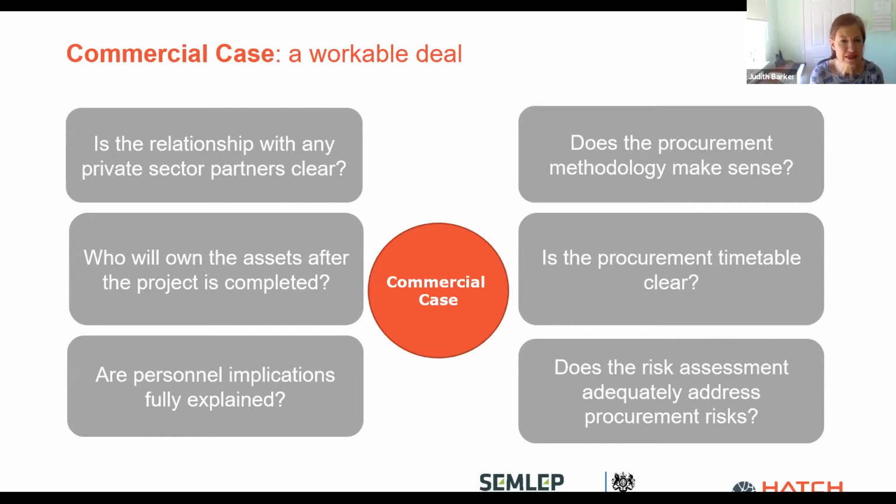So different things to consider. How are you going to procure? Is there a procurement element? If there isn't a procurement element, how else are you going to go about delivering? And is the relationship with any of the private sector partners clear? So you need to work through how and with whom the procurement exercise is going to happen, and be clear, if it is a capital project, who's going to own the assets at the end of it, because clearly there are lots of different ways of procuring things, lots of different ways of funding things,